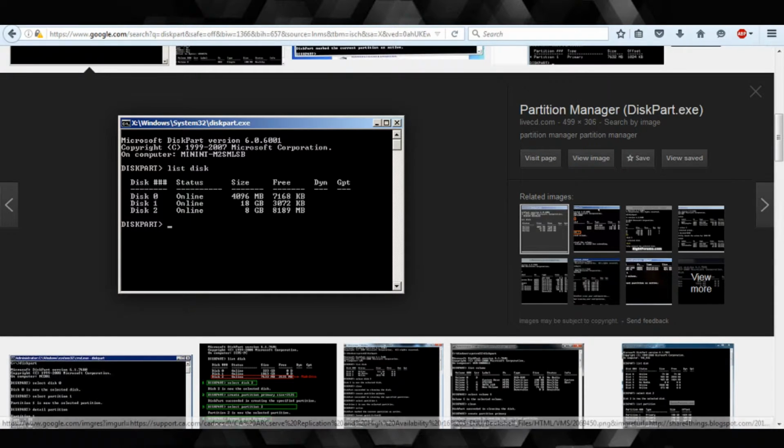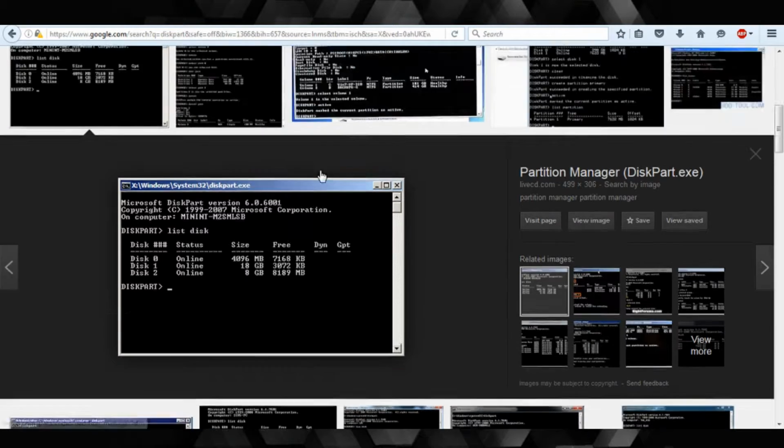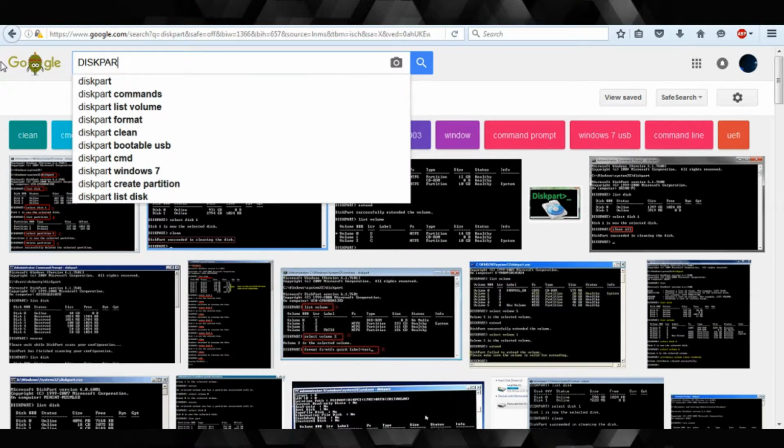It'll probably show you either disk D or disk 0. This will be your CD. If you do find whichever disk it's on, then exit out of the thing. But if it doesn't show you at first, so you can see which CD or whatever drive has all your Windows folders in it, you want to type in, and sadly it doesn't say it on this tutorial like it does on the Microsoft website, but you want to type in, while it still says DISKPART and this symbol, you want to type in